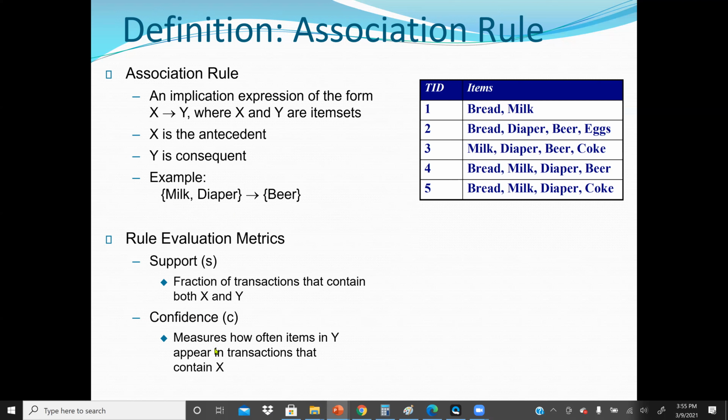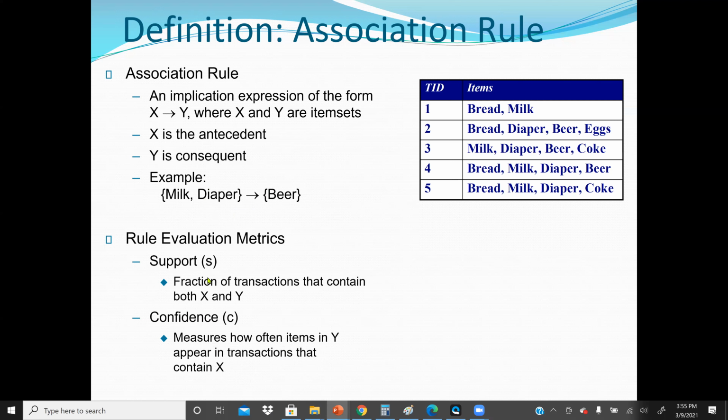Because here we are looking for the measure of how often items in Y, which is beer, appear in the transactions that also contain X, which is milk and diaper. So we find how many times milk, diaper, and beer appear divided by how many times milk and